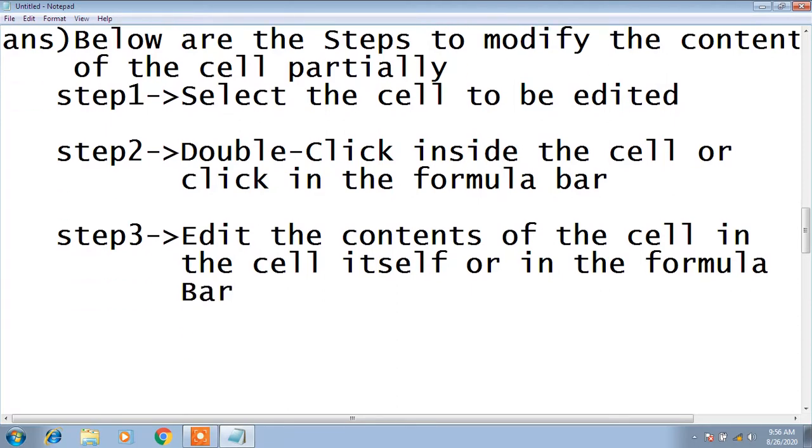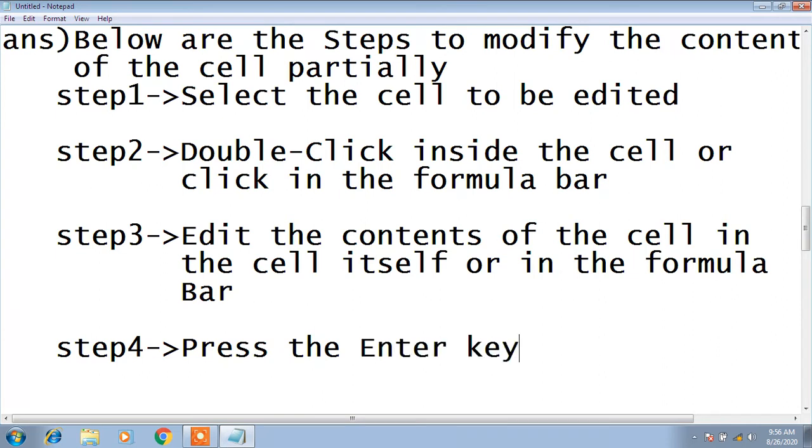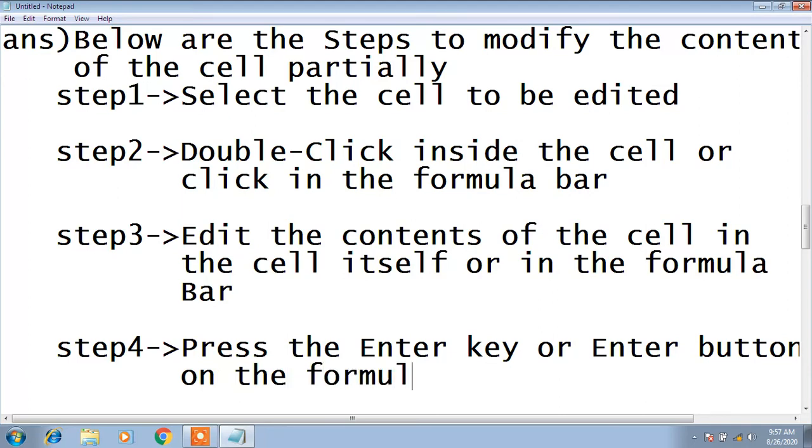Step 4 is press the enter key or enter button on the formula bar to accept the changes.